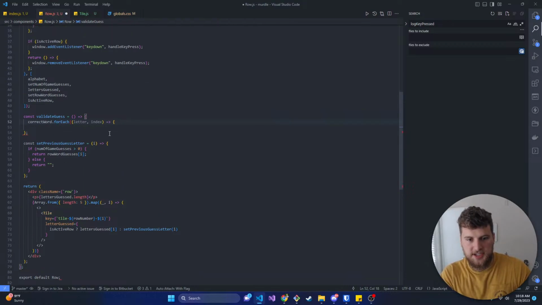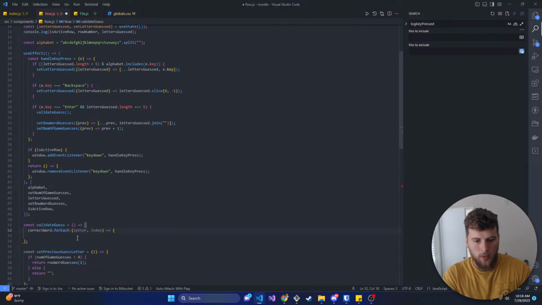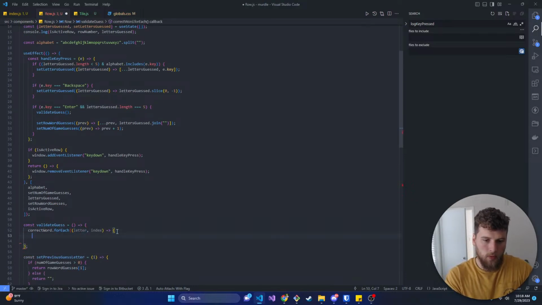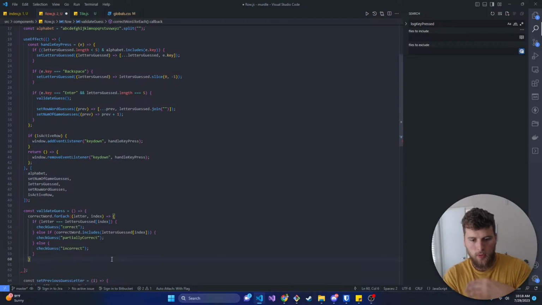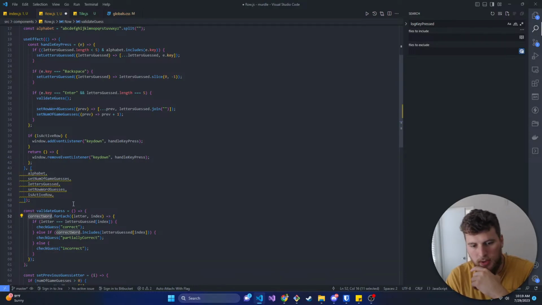I don't know if I need check guess there. So we're going to loop through each letter in the correct word, and if the letter equals letters guessed index